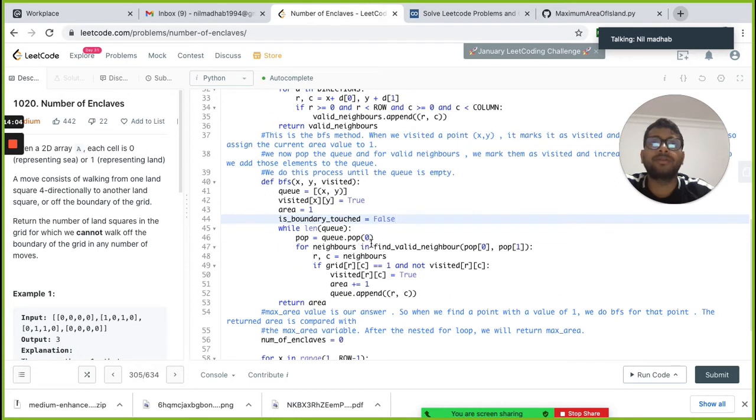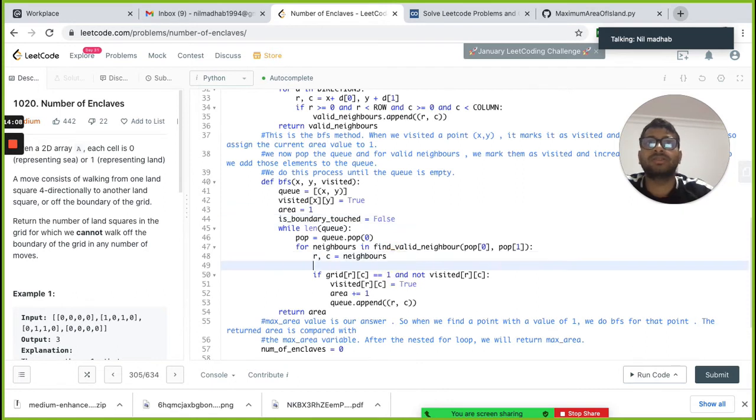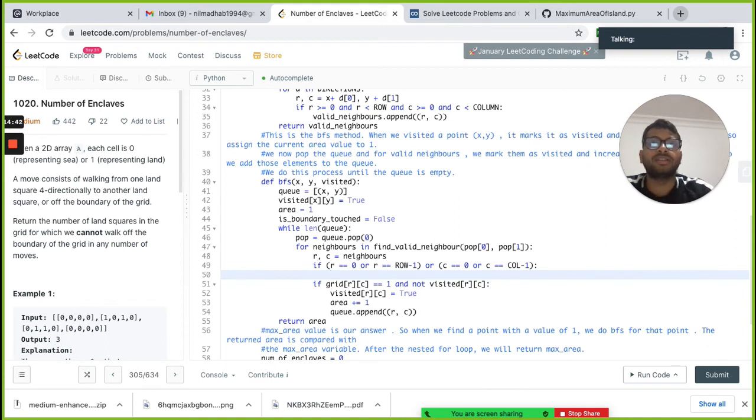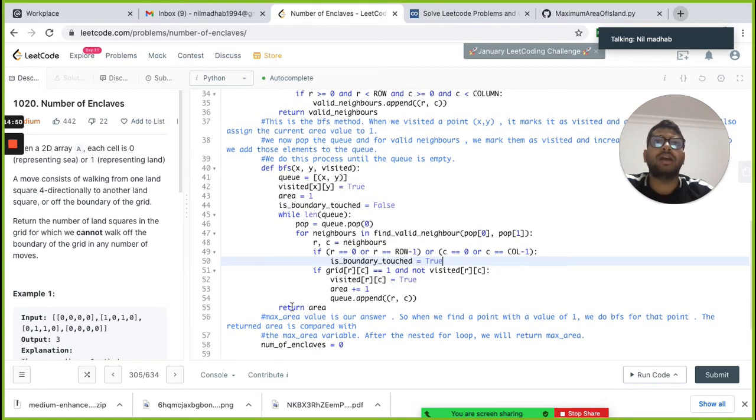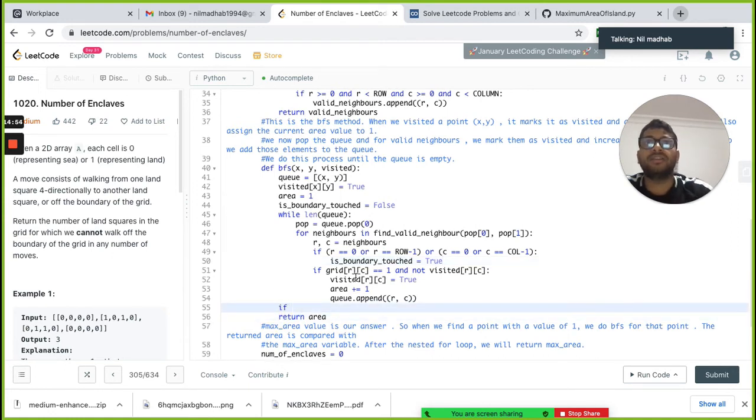If r, c are the neighbors, and r equals 0 or r equals row minus 1, or the same thing with c equals 0 or c equals column minus 1, then we change this flag to true. And if this is true, then we return 0.